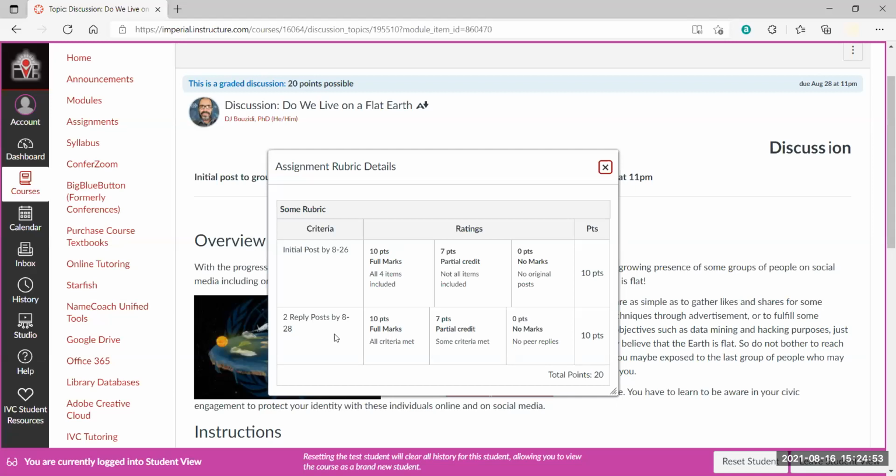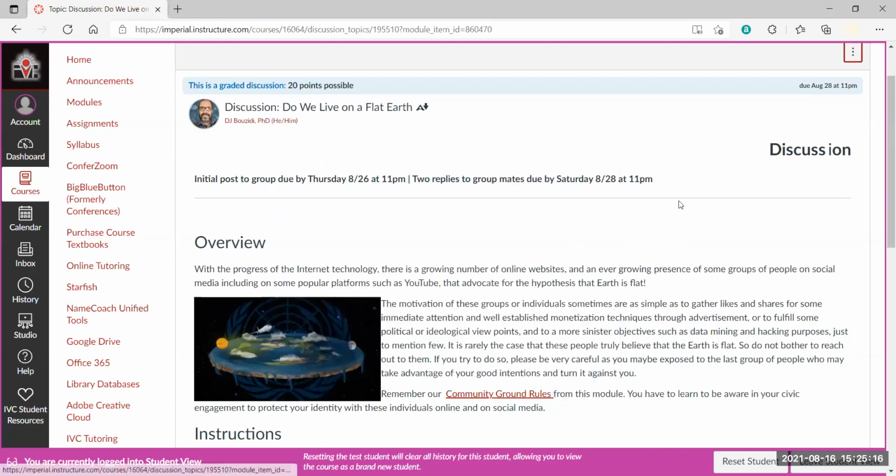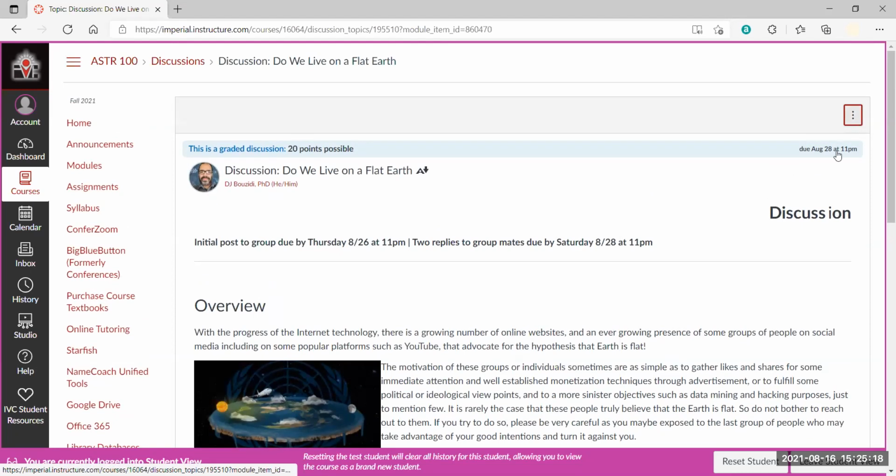So I have to reply, all criteria met. So what does that mean? I'm going to see what the second part is. And then again, if I only have a partial part of it, so some of the criteria are met, some of the criteria are not met, I get 7, or if I don't care to do the whole thing, I will get 0. So again, I really want you to pay attention to this assignment. When you look at an assignment, the first thing you look at is where is the rubric?